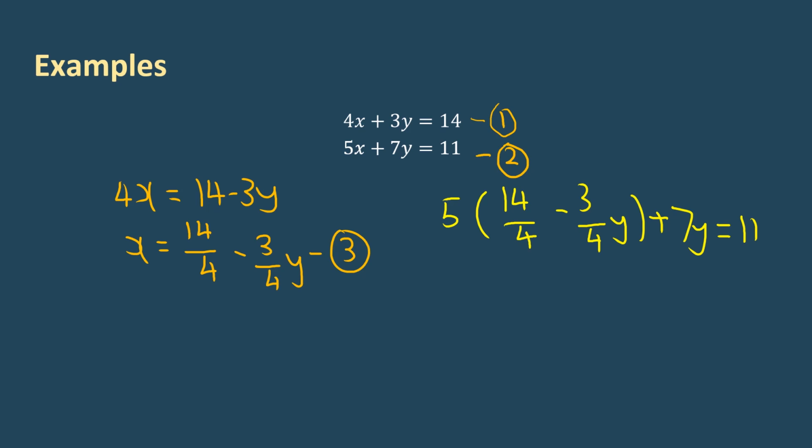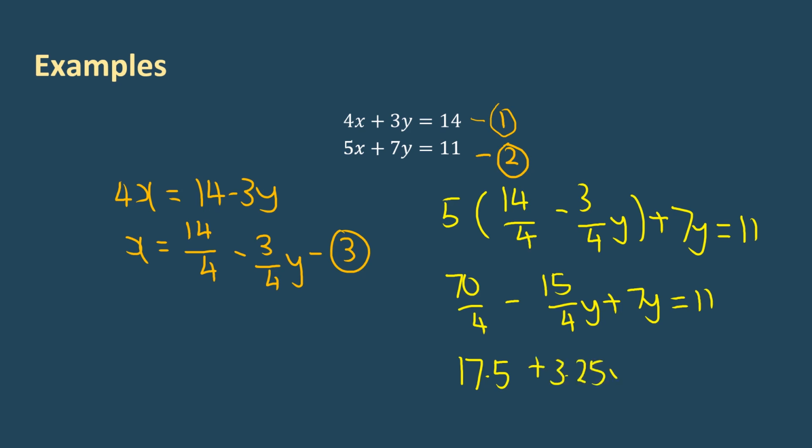So 5 times 14 is 70 over 4, minus 15 over 4 y, plus 7y equals 11. Okay, so 70 over 4 is actually 17.5. And we're going to combine the y values now. So 15 divided by 4 is 3.75. So minus 3.75 plus 7 is 3.25, so plus